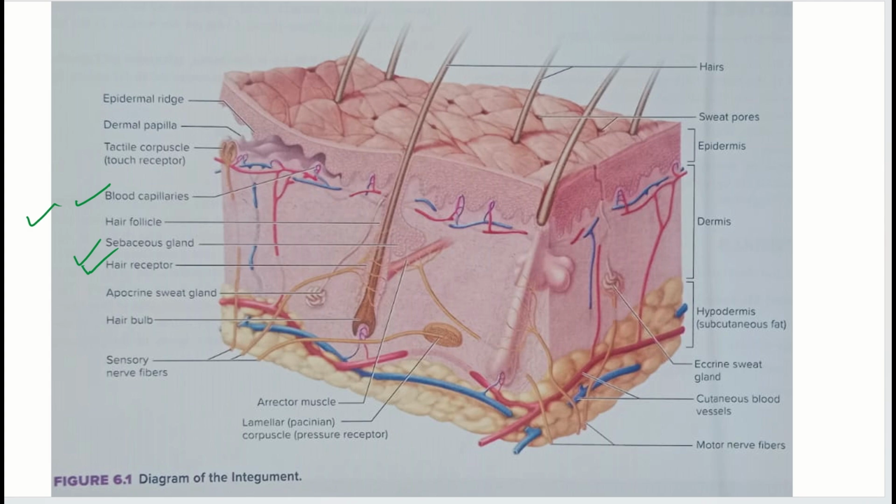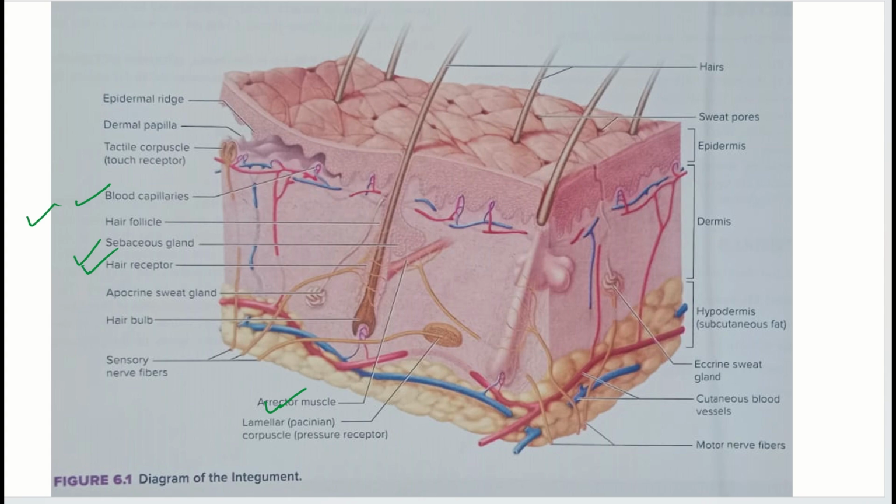The lamellar corpuscles sense pressure, such as when you lean against a wall or feel a vibration. Other receptors in the skin are warm receptors and cool receptors. When you are at a comfortable temperature, both of these receptors are firing, and if you increase or decrease the skin temperature